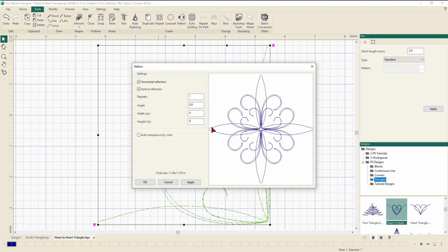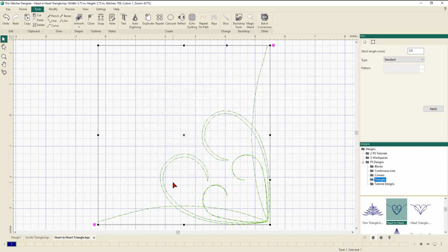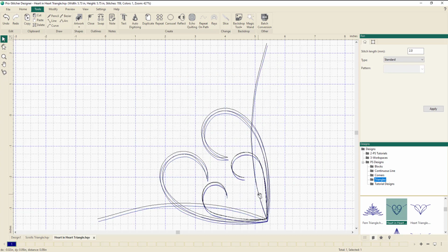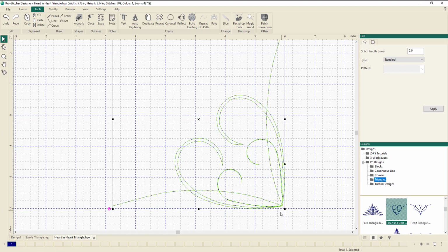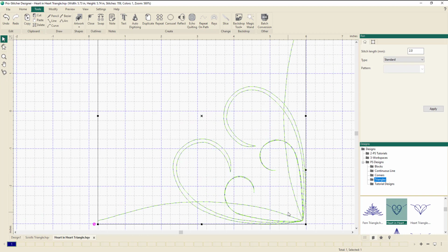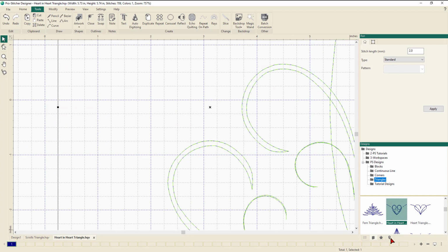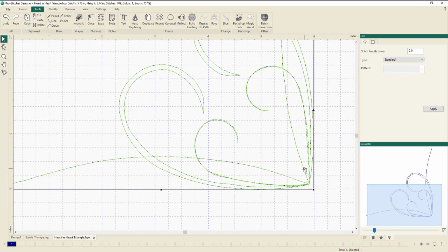They're not meeting up. So we're going to do a little bit of doctoring and fix this. So we're going to cancel out of here. And what we're going to do now is move our design so that I've got it positioned exactly here, and we'll zoom in. So we'll go to our navigator bar, and I want to zoom in, and I want to make sure that this black line here and this line here are exactly on a blue